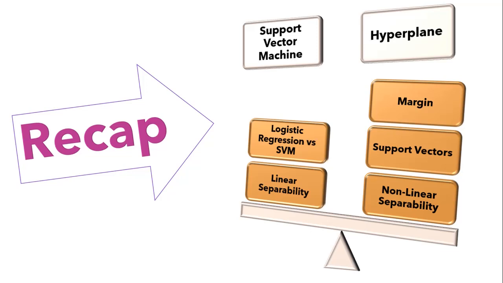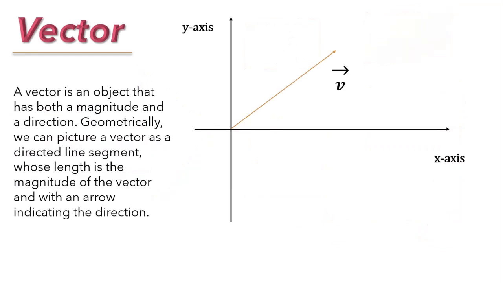Today we'll see how mathematically we can derive support vector machine and its attributes. Before starting this session, let's first understand some basics of linear algebra. If you can see the Cartesian plane, let's draw a line from the origin, and this is nothing but the